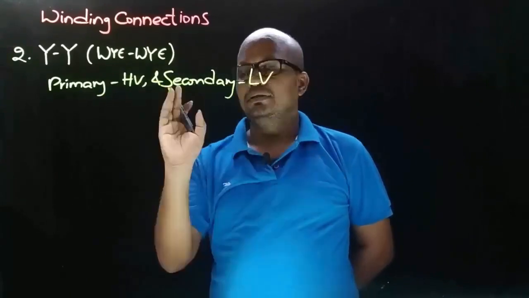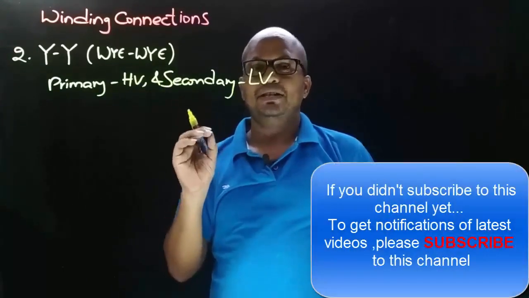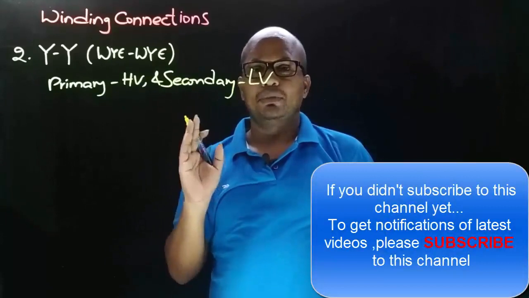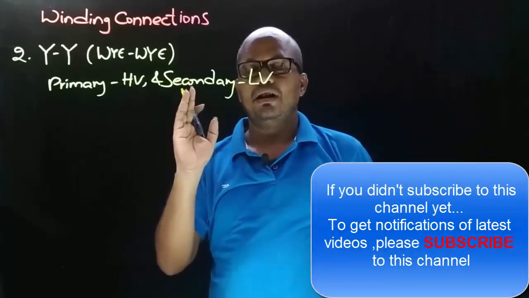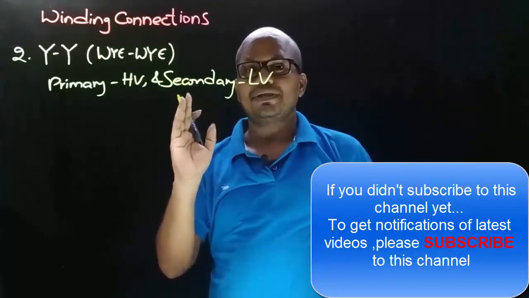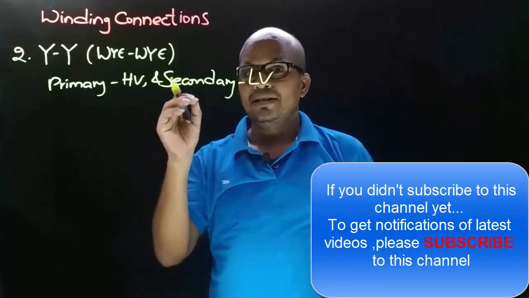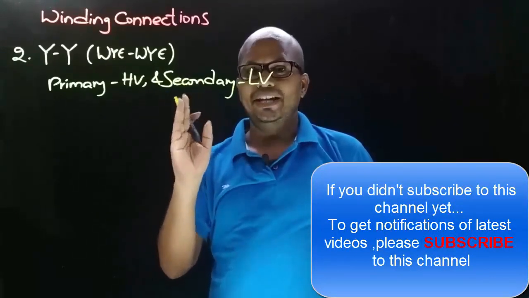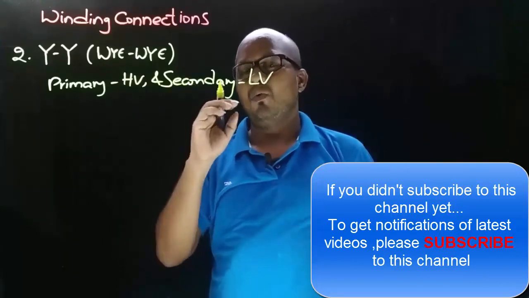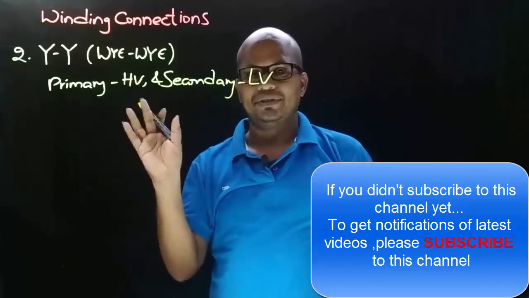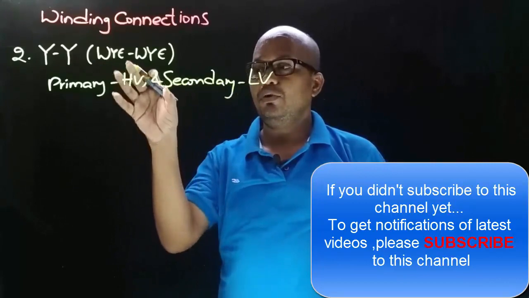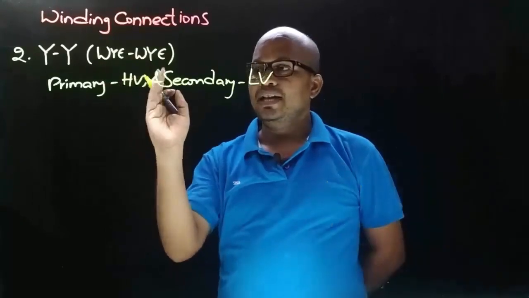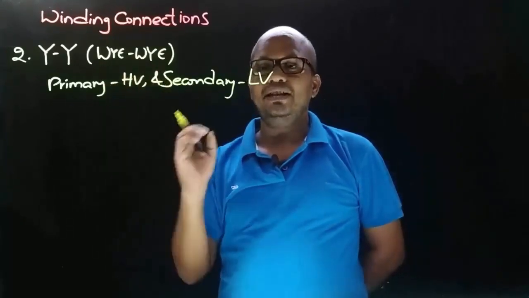LV winding. And the important point that you must keep in mind here is that in vector group symbol, the first character always represents the HV side winding connection and second character always represents the LV side winding connection, irrespective of what is primary and what is secondary. And here we took an example of a transformer which is having HV winding on primary side and LV winding